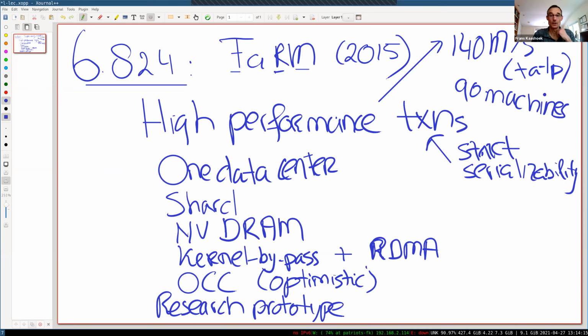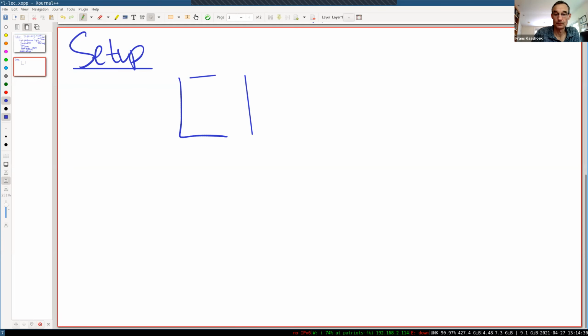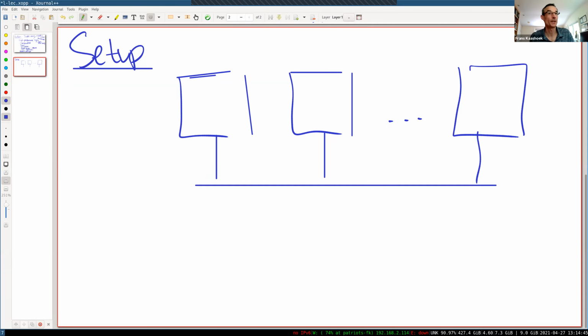Okay, let's talk a little bit about the setup for FaRM. There are basically 90 machines, many of these connected by a high-speed data center network. To show a particular one, I'm just going to draw that as a single line. Of course, it's a switched network internally,